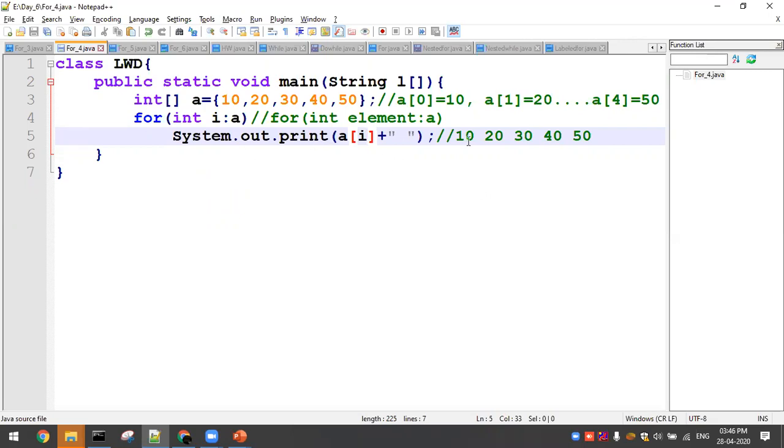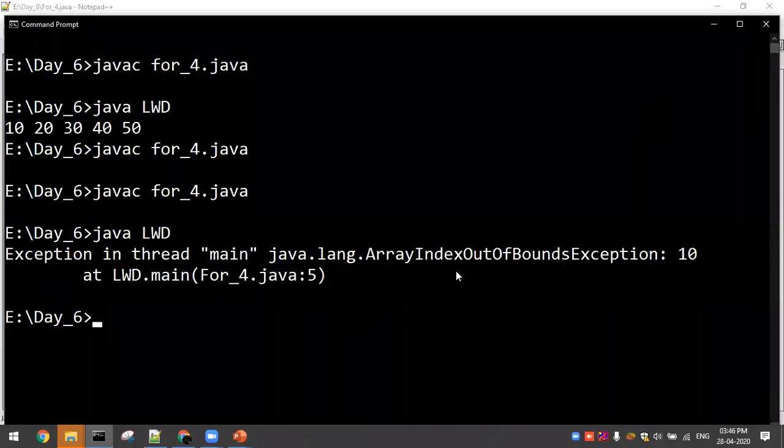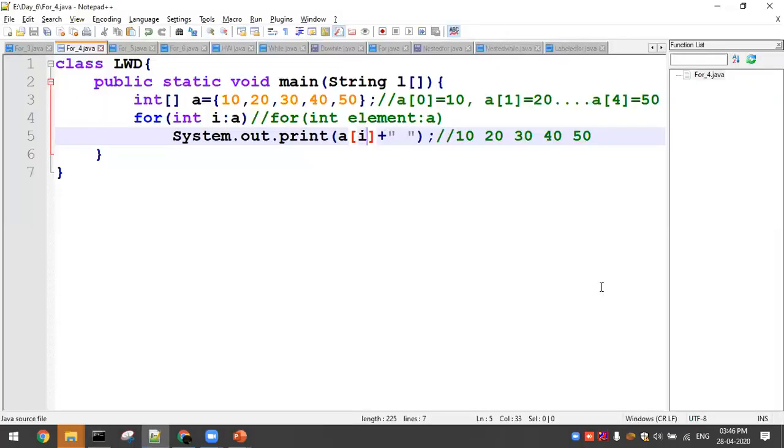Whenever you iterate, only at that time will you have an index value, right? At runtime, what will happen? The i value is starting from 1 to 5, not from 0 to 4. So the last index value is not going to be there. That is the array index out of bound exception. So you'll get an error. So this is the for each loop. Shall we go ahead with the next loop?